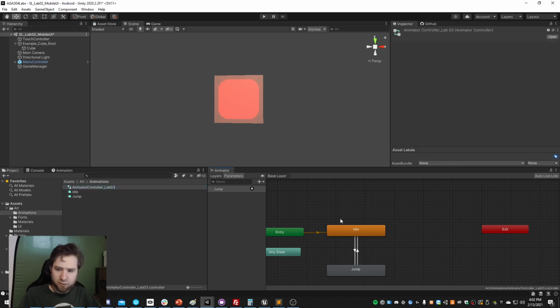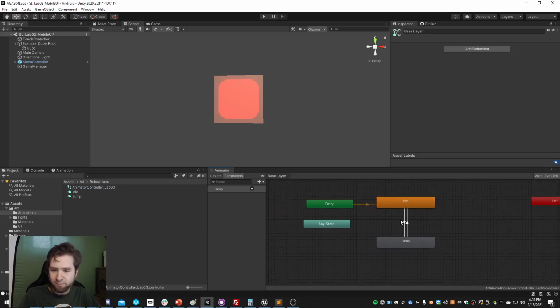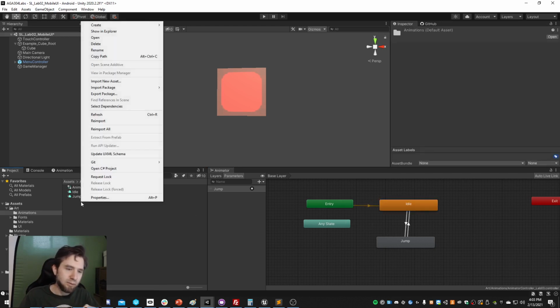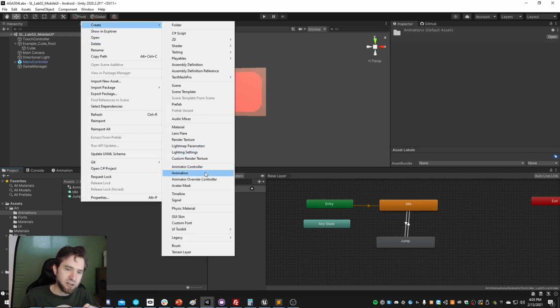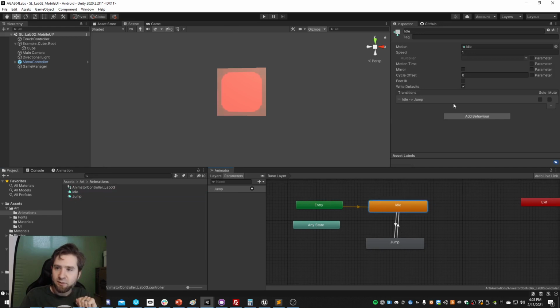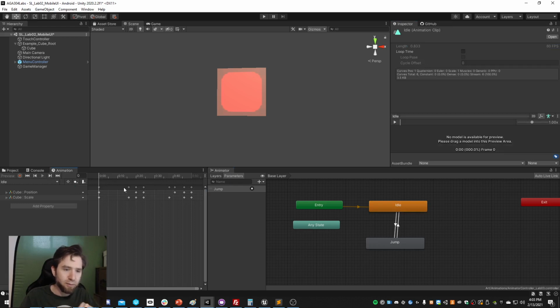So when I open up the animator controller, it's down here. Middle click moves around. The animator controller will, from an entry point, I don't know how much you've worked with animations in Unity, it's kind of a logic tree of how to go from one animation to the next. So usually you would right click in here, create animation, and I did it twice. I first made an idle animation, and then I made a jump animation. The idle animation is just a basic, I could probably make it cute. Maybe I will make it cute. The idle animation,